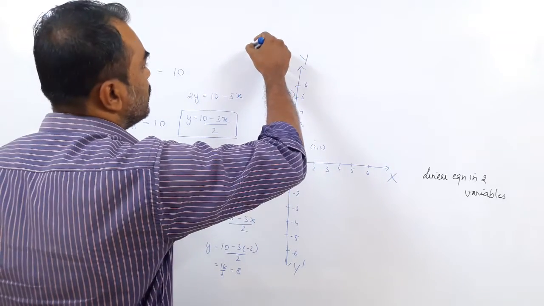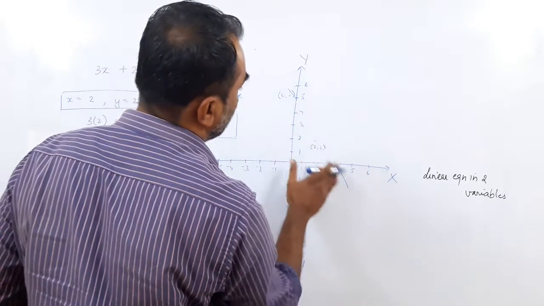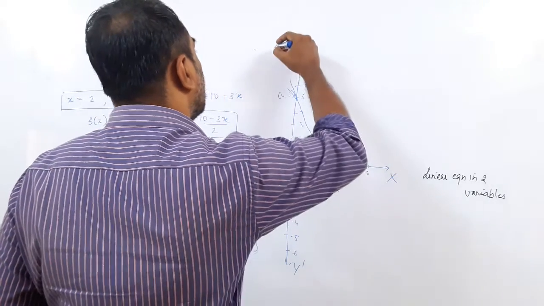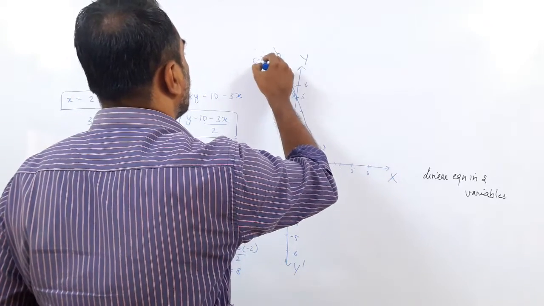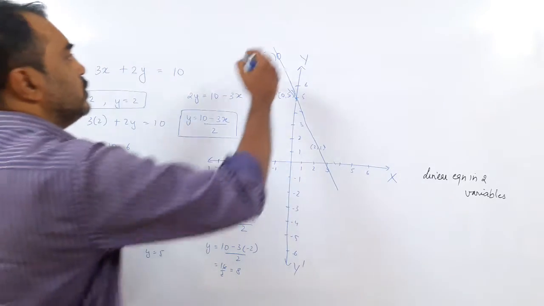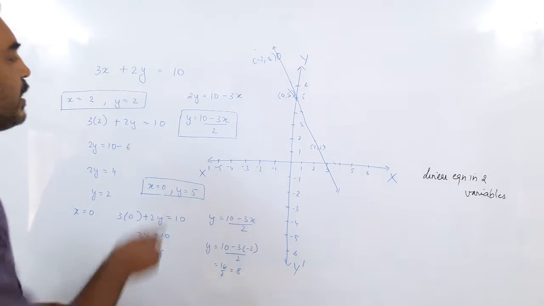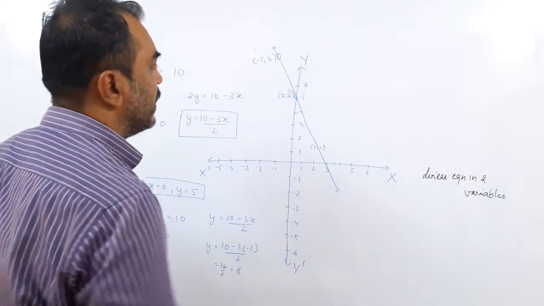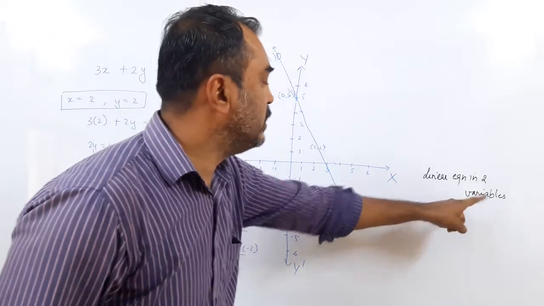So what you can see here, these points are making a straight line. So minus 2, I'll get 8. So this is minus 2, comma 8. This is 0, comma 5. This is 2, comma 2. So when I keep on changing the value of x, I get a corresponding value of y. So this equation when plotted will give me a straight line. Okay. Because it gives a straight line, it is called a linear equation in two variables.